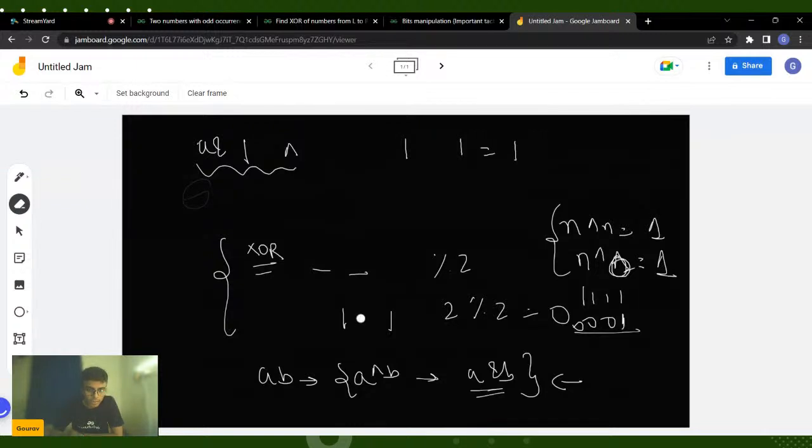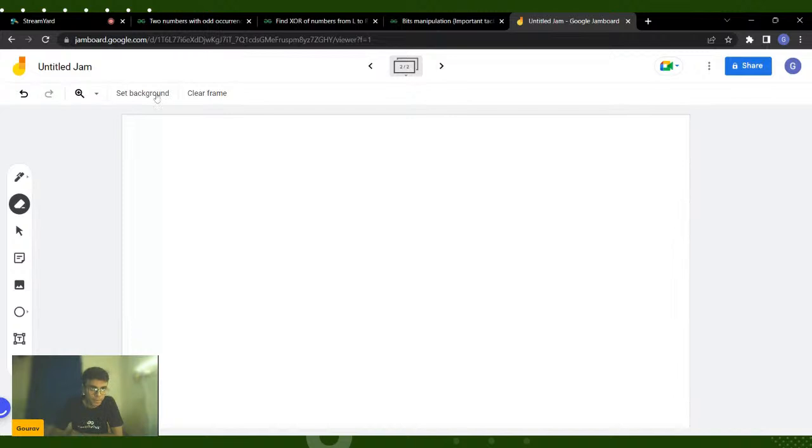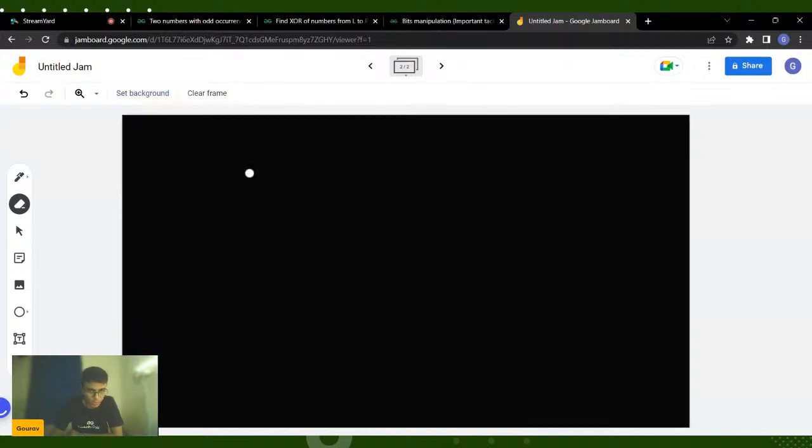And can you tell me how you can represent, let's say you are given two numbers, and I'm asking you to represent a XOR b in terms of a and b? Can anyone try this out? This is actually a very famous identity, you can call it, and these are widely used in maths. Many times online assessment questions are usually based upon this trick. Okay, so basically, if you see this, we can represent a XOR b.